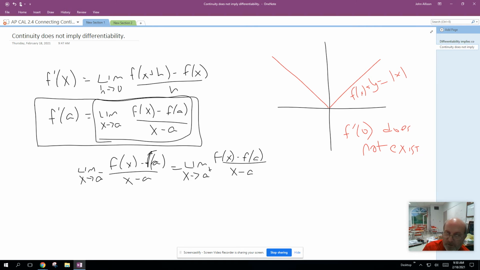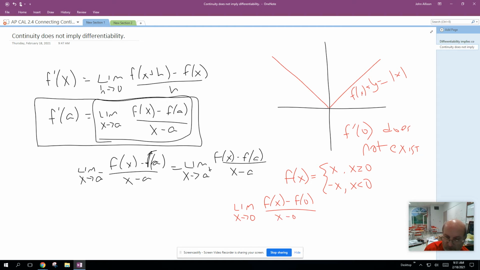And that's because, let's define f of x as a piecewise function. We can say that this is equal to x for x greater than or equal to 0, and the opposite of x for x less than 0. And so if we look for the limit as x approaches 0 of f of x minus f of 0